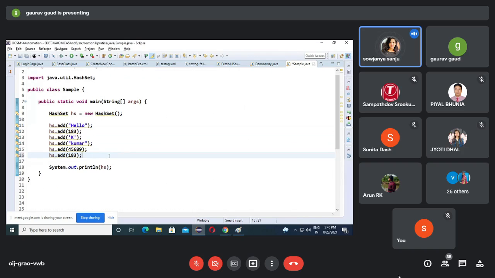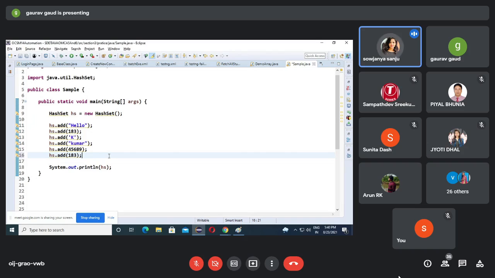The hash code of this and this are the same. In the String class and in wrapper classes, hash code is overridden in such a manner that if their content is the same, hash code is the same.